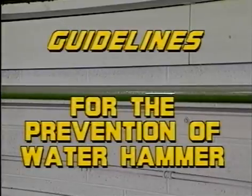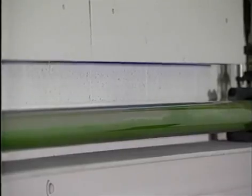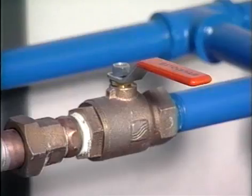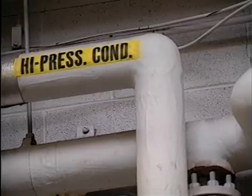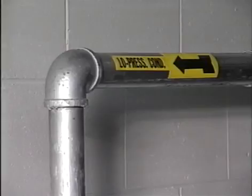Water hammer begins when some force accelerates a column of water along an enclosed path. The incompressible nature of water gives it the power of a steel sledge as it slams into elbows, T's, and valves. The resulting vibrations are transmitted along the water column and piping, damaging fittings and equipment far removed from the problem source. Water hammer can occur in any water supply line, hot or cold, and its effects can be even